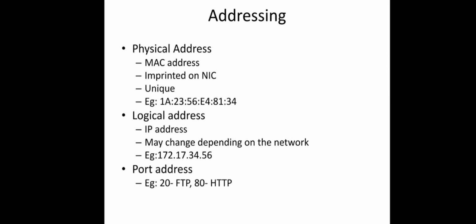Now you may think that we have a unique ID for every machine, that is the MAC ID. Then why do we need one more address, that is the IP address? We can compare this with our example, like the Aadhaar number in our case. The MAC ID is just like our Aadhaar number, which can be used to identify a person uniquely. So a machine can be uniquely identified by using this MAC ID. But can we use our Aadhaar number to locate us currently? No, it's very difficult. The same thing happens in the case of a machine also. We cannot locate a machine using the MAC address.